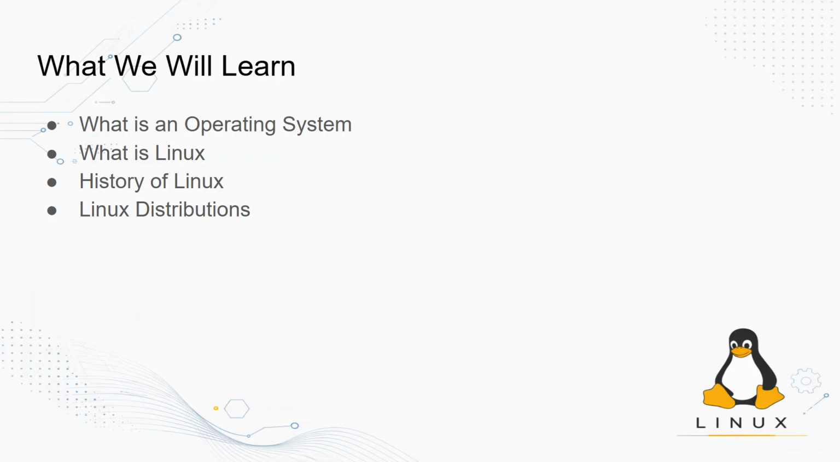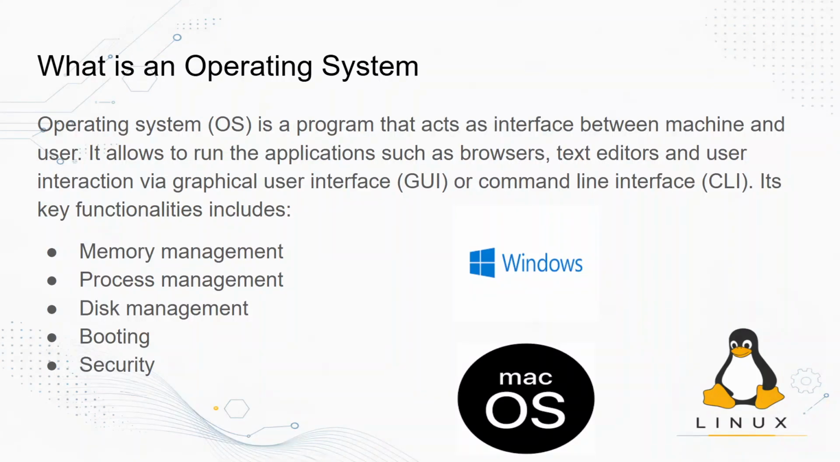Now let's move to the what-is topic. What is the operating system? An operating system is a program that acts as an interface between the machine and the user. It allows us to run applications such as browsers, text editors, music players, and video players. It also allows us to interact with it, either in a graphical way, like opening the browser or opening Notepad in the